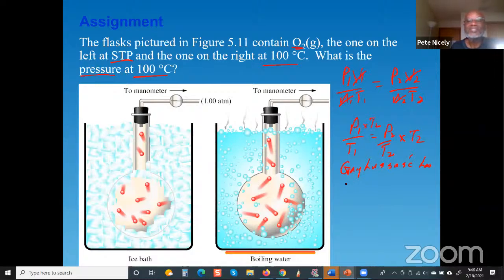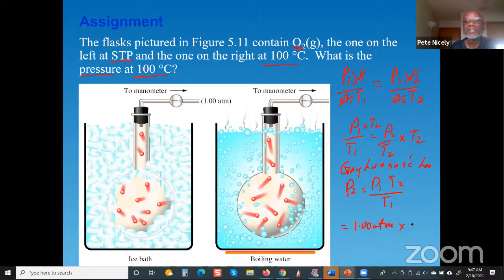And you're going to get P2 is equal to P1 T2 divided by T1. Let me see if I can fit those numbers in. So P1 is going to be the initial pressure, which is, let me see, they didn't ask for the units, so I'm going to assume 1.00 atmosphere